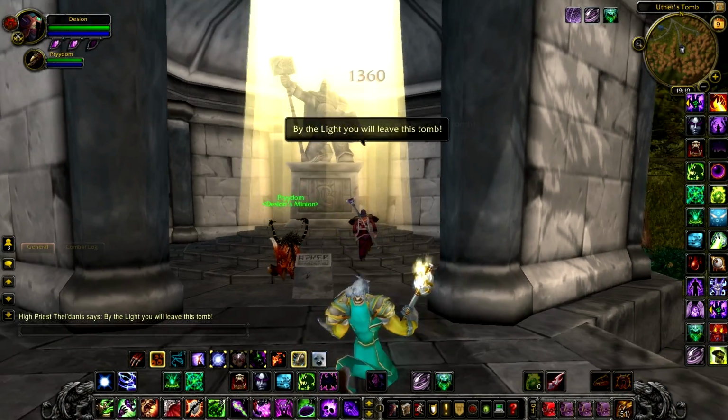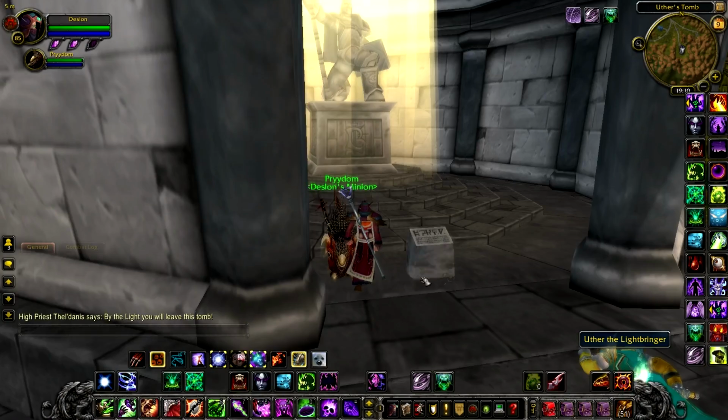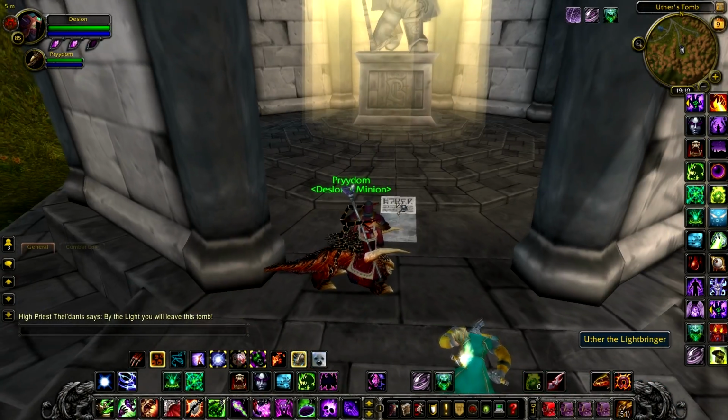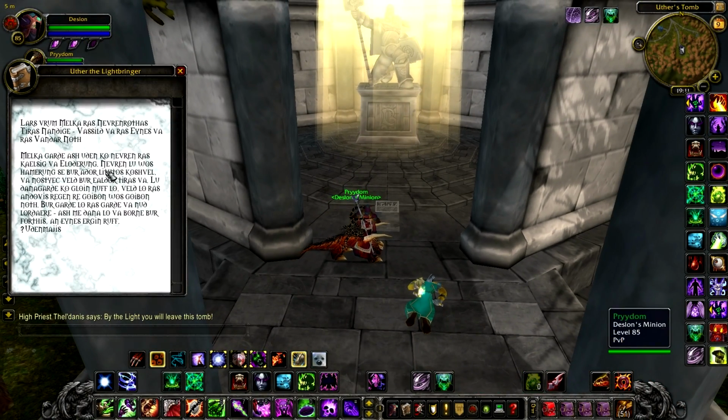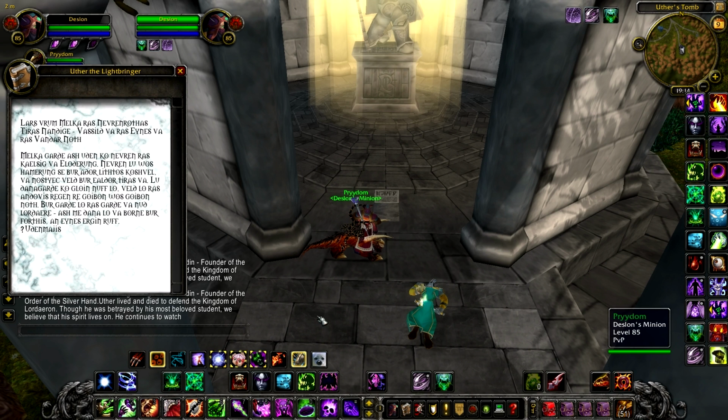And this is Uther's tomb. You can see you have the statue of him bathed in light, and there's a little plaque here. I believe, yes, the Horde can't actually read this, but I'm just going to go get a translation and tell you what it says. Okay, I am back, and with the translation, it reads,